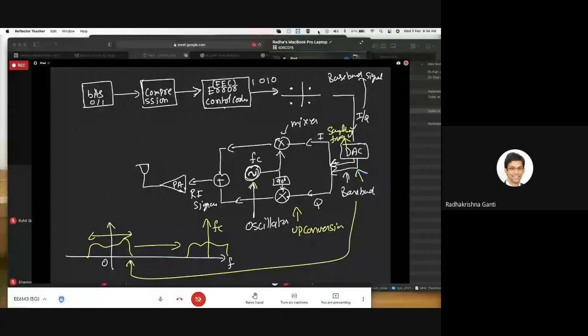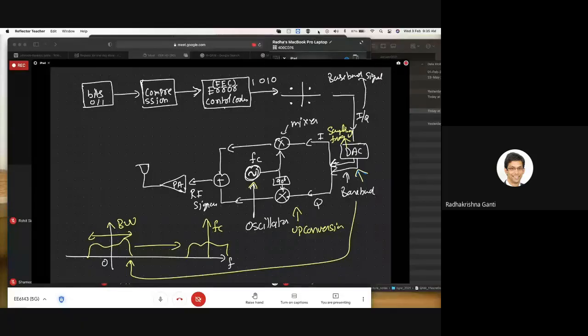At this point, for the baseband signal, there's no notion of time. They're just digital signals coming one after another. How much time there is between them is decided by the DAC sampling frequency. That will determine your bandwidth. And the center frequency is determined by this FC. So if it is faster, that means the sampling rate has to be very high, so the bandwidth will be higher and the time will be less, right? Yeah, exactly. Bandwidth will be higher, so the time between the samples will become less.